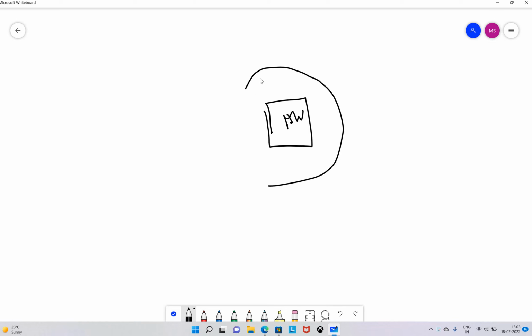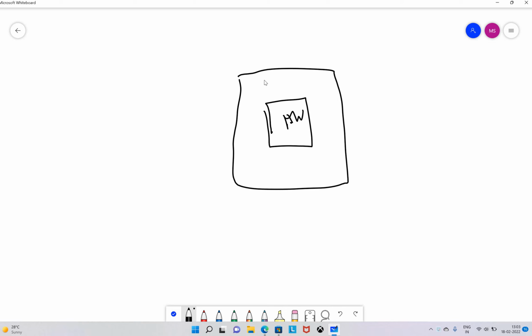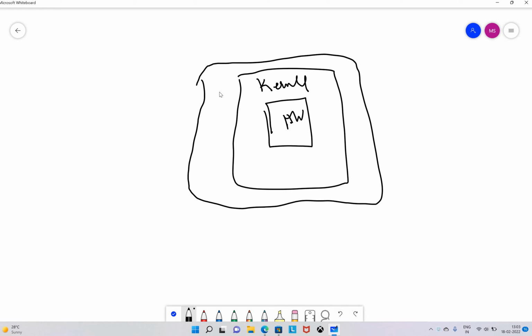Now to the hardware, the kernel is the one, and to the kernel we pass the instructions via shell. Now this is the shell. So in the hardware, what and all components will be there, like